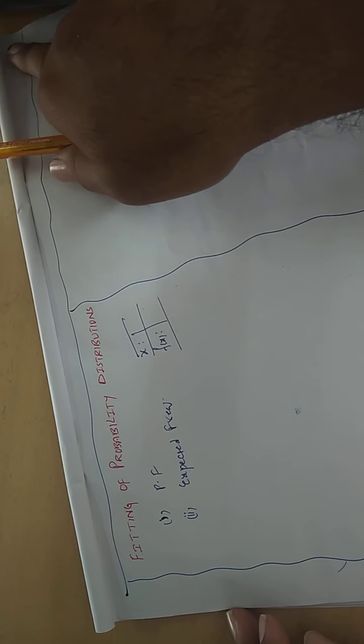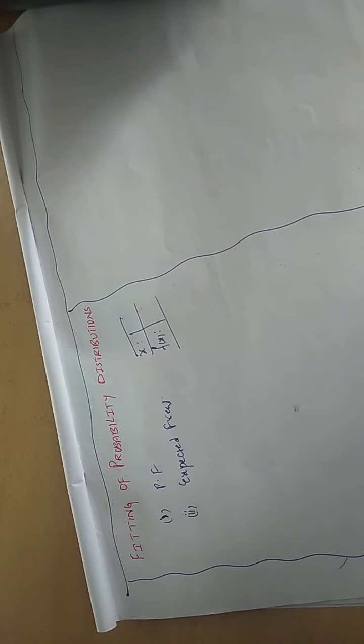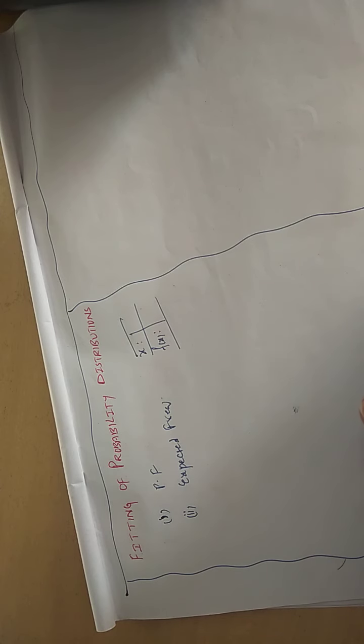Remember, in the upcoming decade most of the jobs are going to be in analytics, analysis of data. If you are concerned with the analysis of data, this is a very important aspect: fitting of the probability distribution. In layman's words, you are suiting, or draping, a binomial distribution, a Poisson distribution or a normal distribution to a data, and based upon that you identify the various properties of that particular distribution.